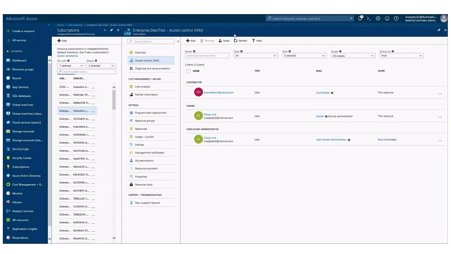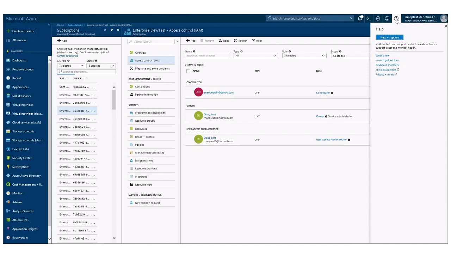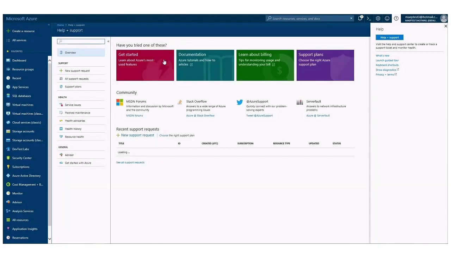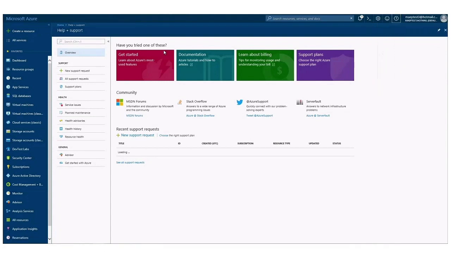The last thing that I wanted to highlight here is support. At the time of this recording, a year's worth of technical support is included for free with every Azure Enterprise agreement. When you select the icon here at top right, this question mark, you'll notice the Help plus Support icon. If you give this a click, it'll redirect you to this Help plus Support section of the Azure portal. Now here, you will notice that you have access to the forums if you wanted to pose a question to the community. You also have access to the documentation, a great resource, a great site for guides, tutorials, articles, blog posts on nearly every single Azure service.